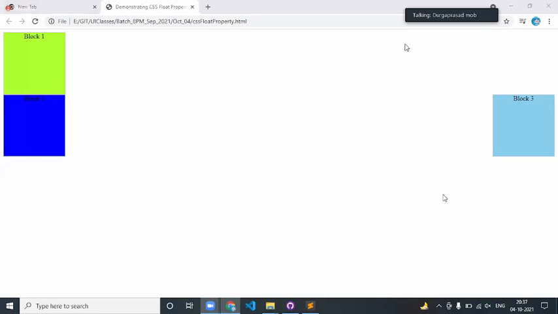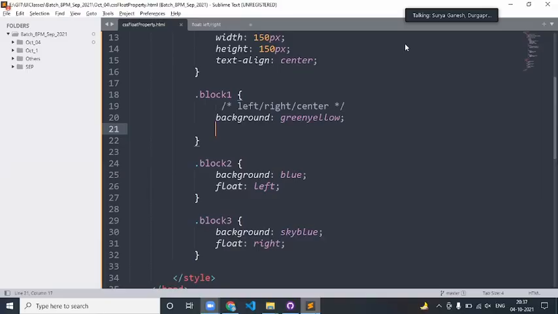So guys, wherever you feel a problem, please let me know. Hope everyone is clear. Sir, I have a small doubt. Okay, go ahead. So until we specify float left or right or whatever it is, they will not change the property of the block level elements, right? They'll follow the same thing. Yes, they follow the default rendering model. Until you apply the float, only then are they changing. Okay, sir. Thank you.